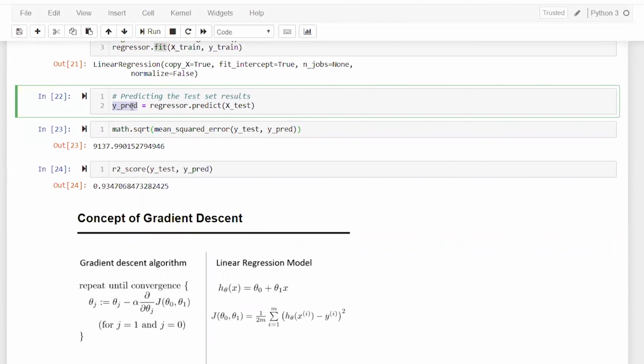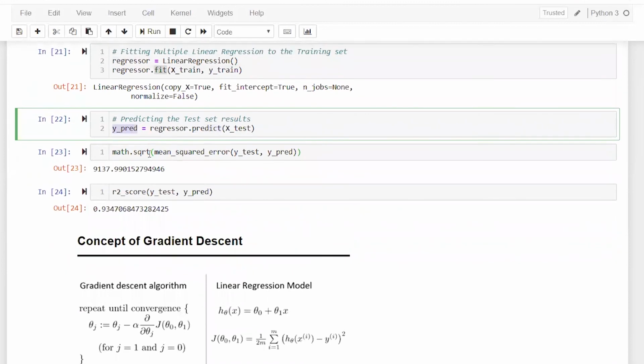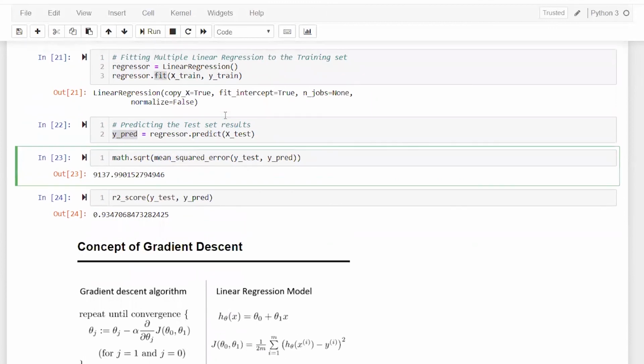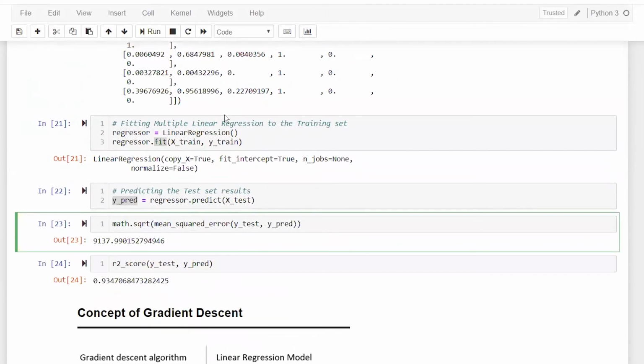Now how do I know whether it is performing good or not? So let's use an evaluation metric here. You have already studied root mean squared error, right? It gives you a sense of how much error there is on average in each of your predictions.